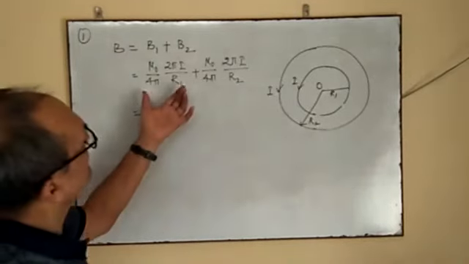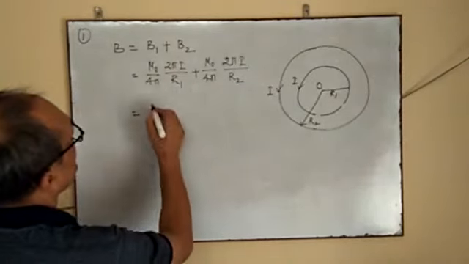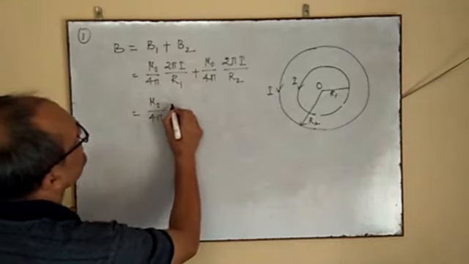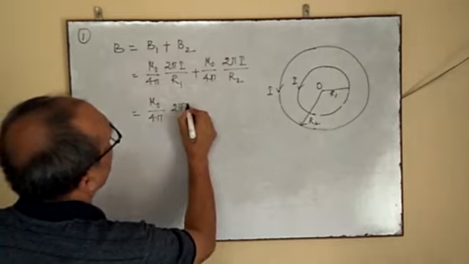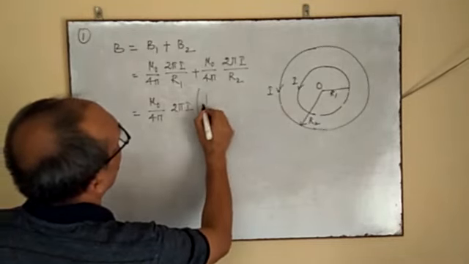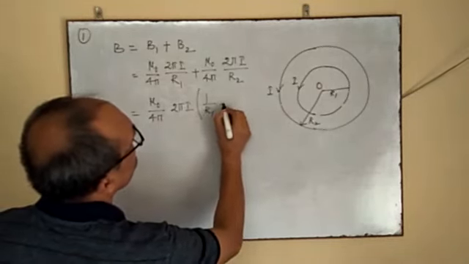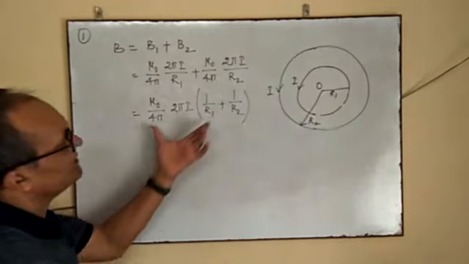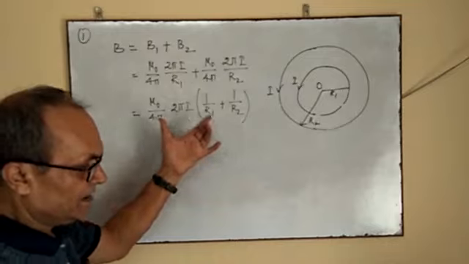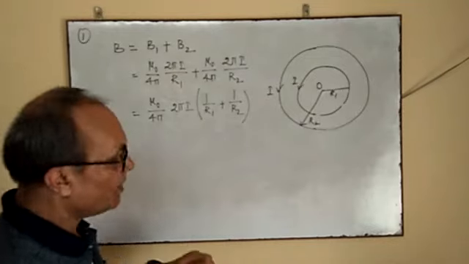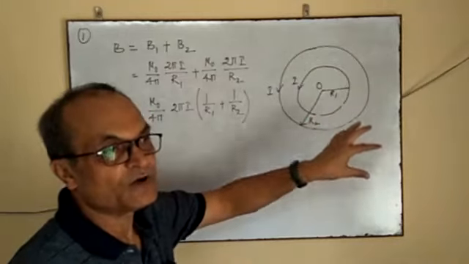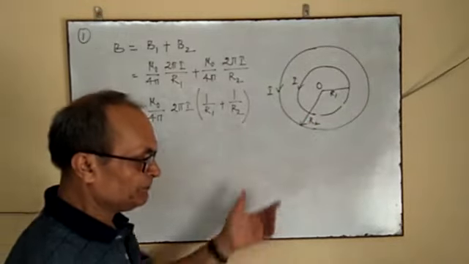Taking common from here, this is mu naught by 4 pi 2 pi I (1 by R1 plus 1 by R2). This will give you the value of the resulting magnitude of magnetic field due to these two concentric circles